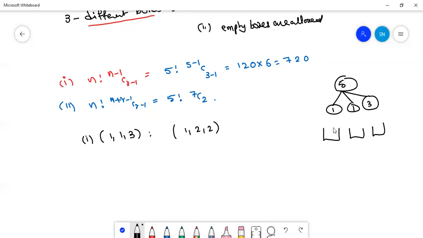And after choosing the boxes, you again get the arrangement of objects into the boxes. Like, this is 1 red ball, and this is 1 red and blue ball. It's different from